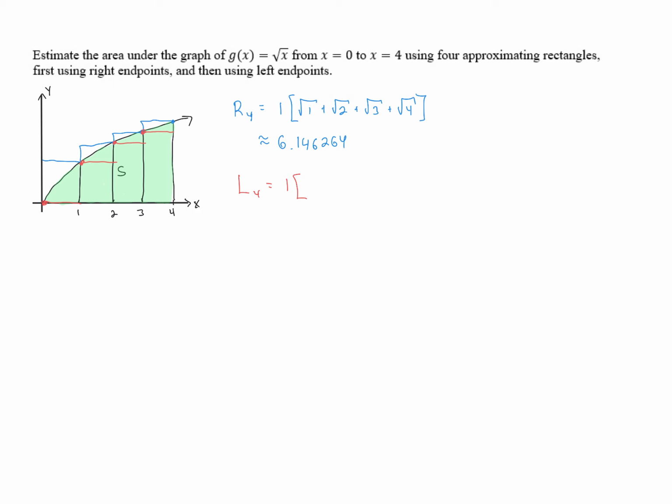And so if we wanted to write out the heights, instead of taking the function at 1, 2, 3, and 4 for the right endpoints, we're actually going to be using the left ones. So it's going to be at 0, 1, 2, and 3. So we're going to end up having inside our parentheses or bracket the square root of 0 plus the square root of 1 plus the square root of 2 plus the square root of 3. And that is approximately